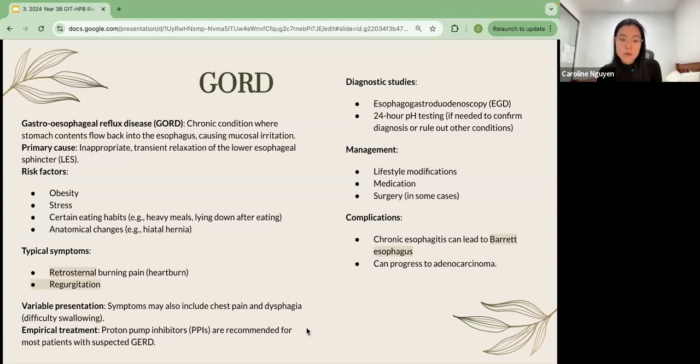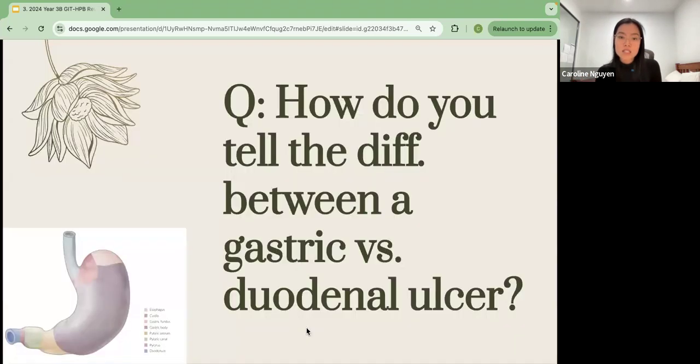And we need to treat them with something that will stop the acid. So proton pump inhibitor. I remember being really tripped up with differentiating between GORD and peptic ulcer disease management. Can anyone put in the chat what is the difference between these two? Because it's essentially like similar symptoms. You've got like pain in the same area, but what changes? The difference is in GORD, you need a proton pump inhibitor, but then in peptic ulcer disease, you need